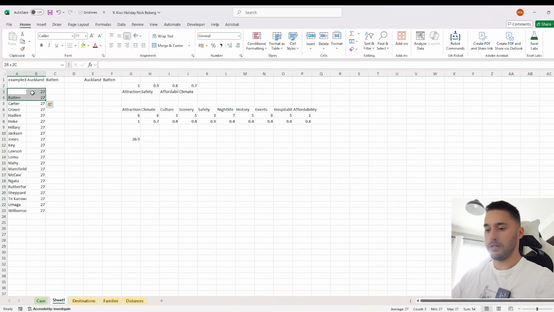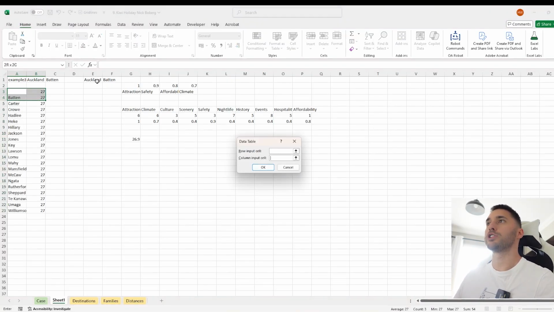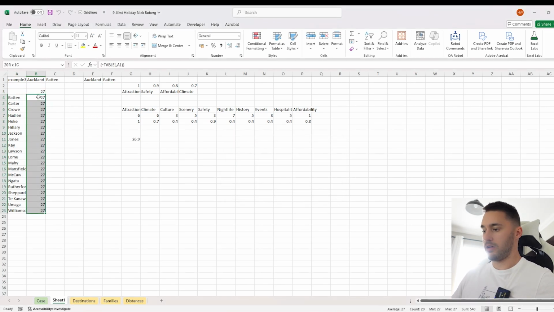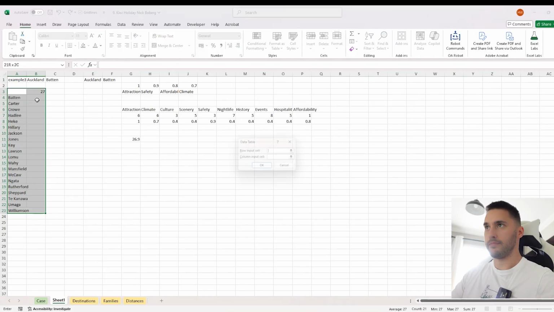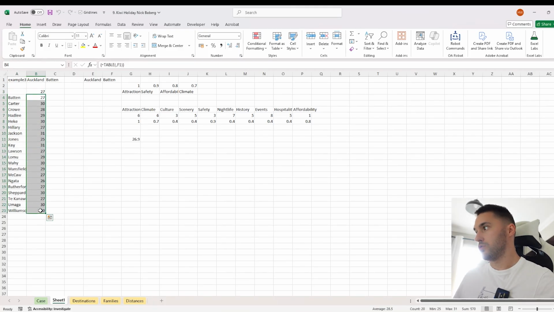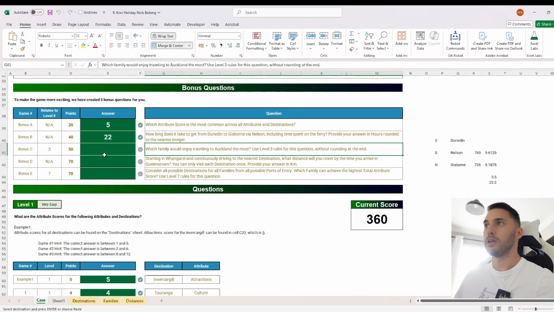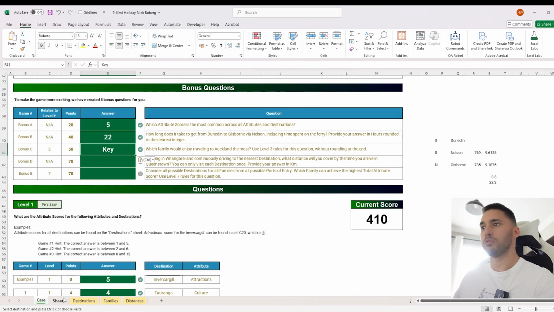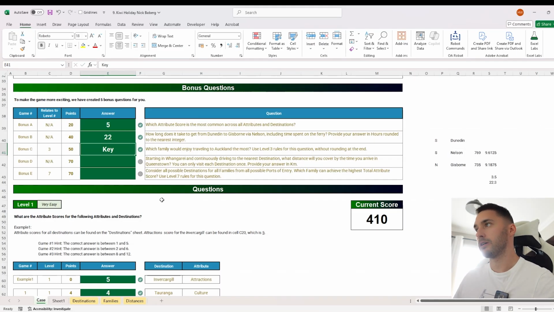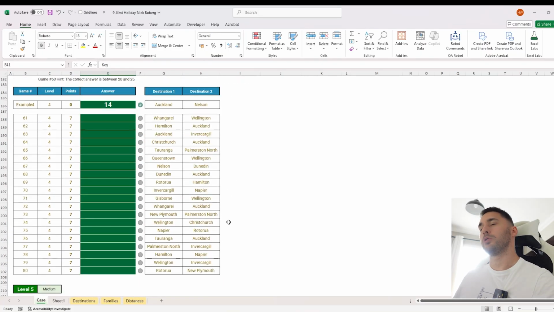Okay, so let's run our data table again here, but this time we're changing the family instead. And apparently I can't do that, so let's try again. It depends on the family. There we go. So we want the maximum one here. So I can see it's 31, so if we look for a 31, it's this key family. That was actually a bit risky because I probably should have taken the rounding off of that, because 2 could have had the same score. Anyway, doesn't matter. Okay, now let's finish all the rest of the questions and we'll go back to bonus 4